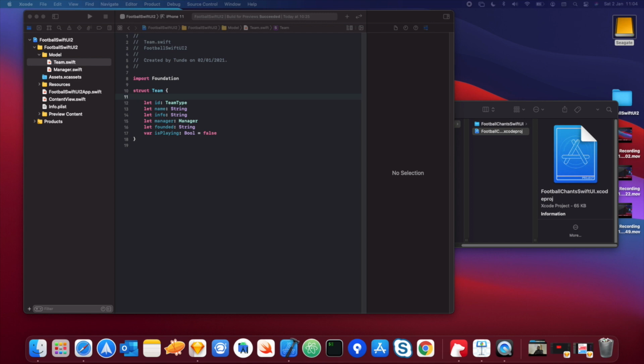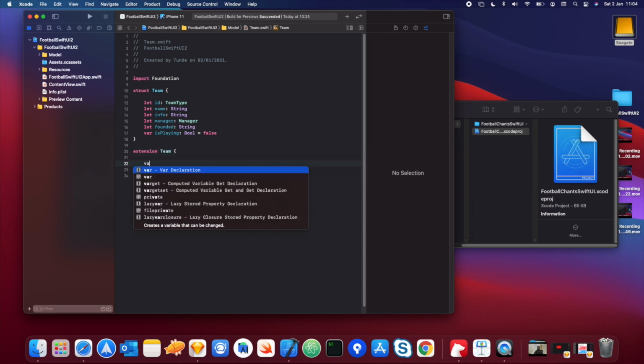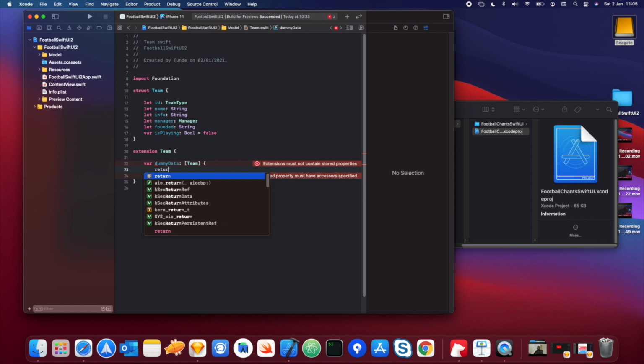One thing that we also need to do is create some dummy data. So what we're going to do is literally create an extension on team, and we're going to use a new computed property, which is going to be an array of teams. And what we're going to do is return an array of teams. So let's do that now. We just type the keyword return,